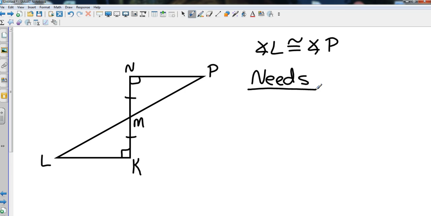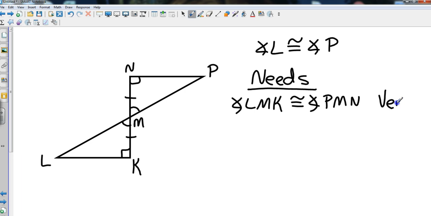I see that these are two intersecting lines. So I would need to know that angle LMK is congruent to angle PMN. And the reason those are congruent is because they are vertical angles. And at that point, I can tell that the two triangles are congruent because I have angle, side, angle. So labeling them correctly,